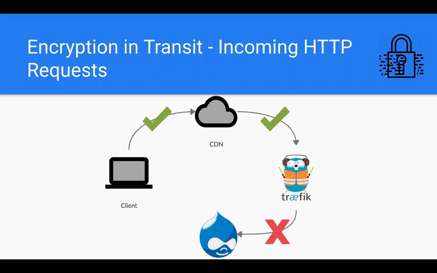So yeah, talking about the incoming HTTP requests. In a typical Kubernetes setup, the bits that are encrypted are indicated with the ticks, and the bits that are not encrypted are indicated with the cross. So this is not too bad. At the point at which your traffic hits Traefik, it's inside the cluster. So at that point, you're only really worried about bad actors already inside the network perimeter. But, you know, if you're running untrusted code, or, you know, there are people who